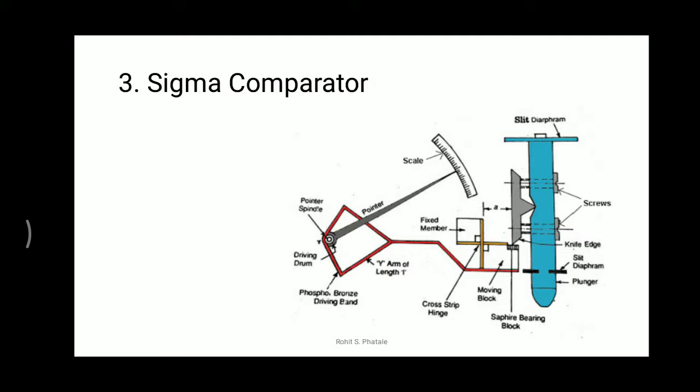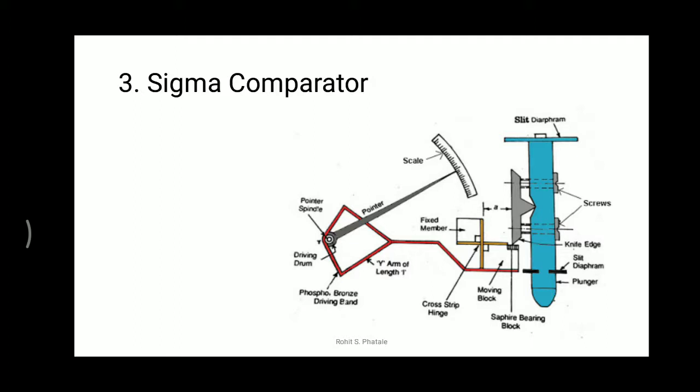In this comparator, there is up and down motion. The surface finish of the workpiece can be found out with the help of these sigma comparators, or you can find out the correct dimensions of the workpiece.